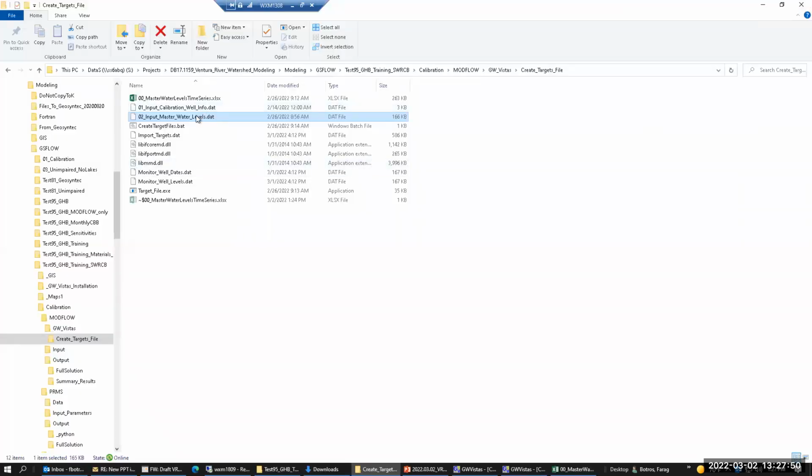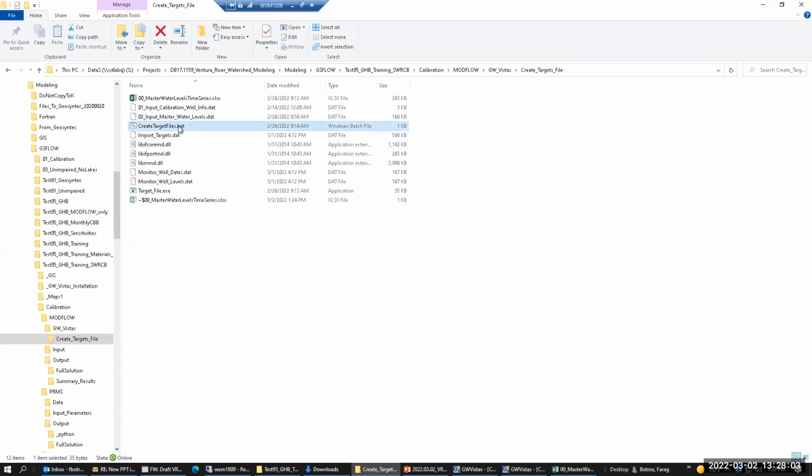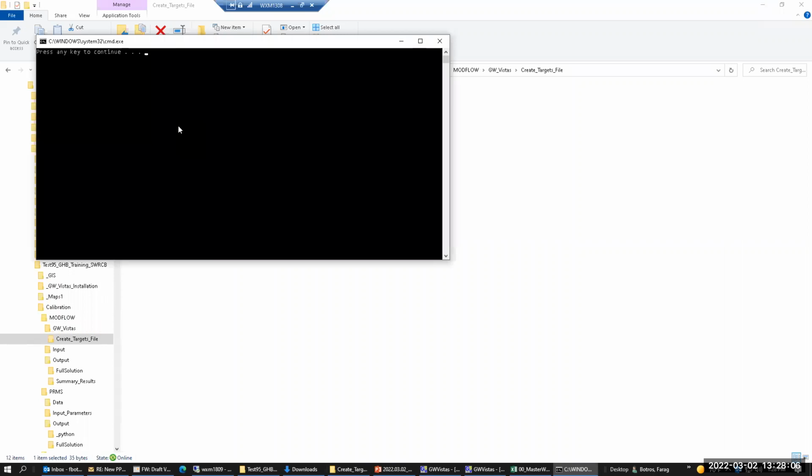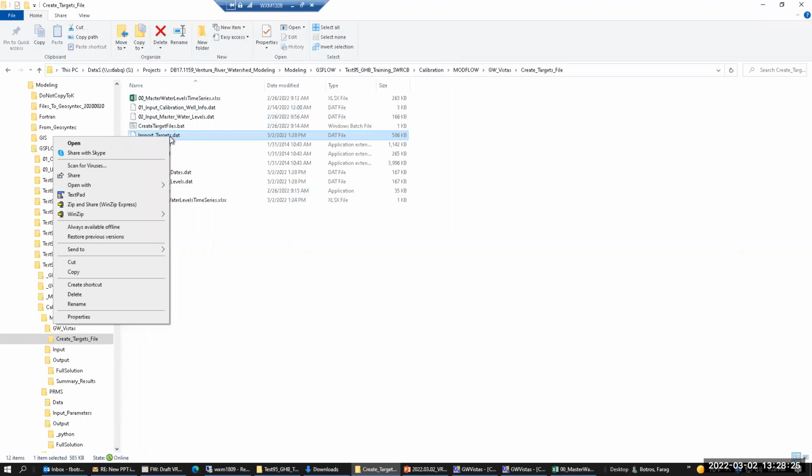So when I have these 2 files, I can double click on this target executable file, or I also have this as a batch file. So I can just double click on this batch file, and you can see that import targets now is created. It has just this day. So this file is just created, like use this executable file along with these two input files and create this import targets. And that's a text file. If I open it,